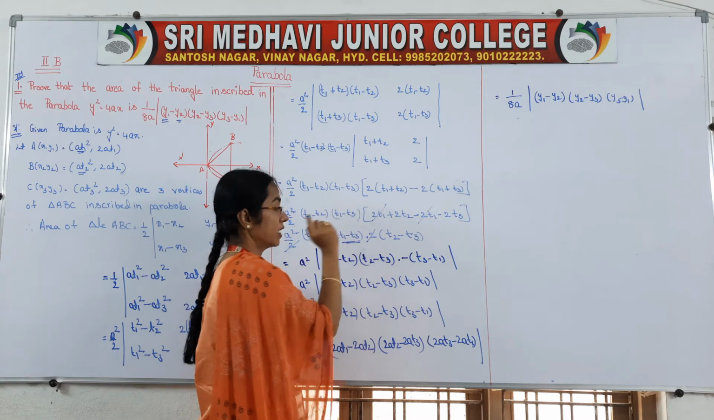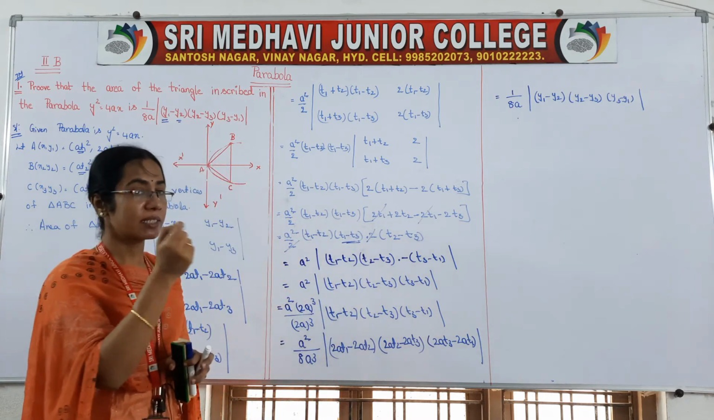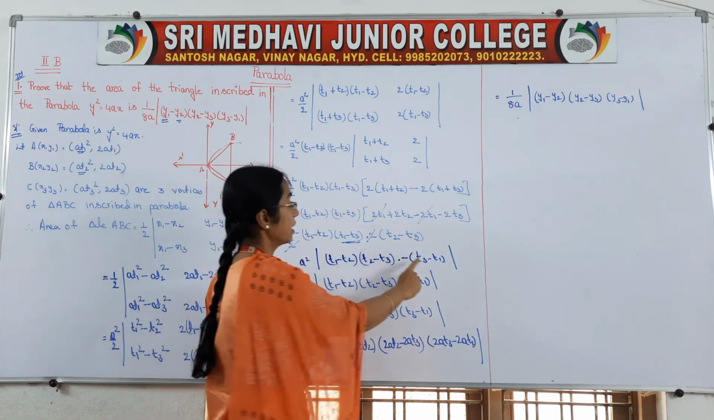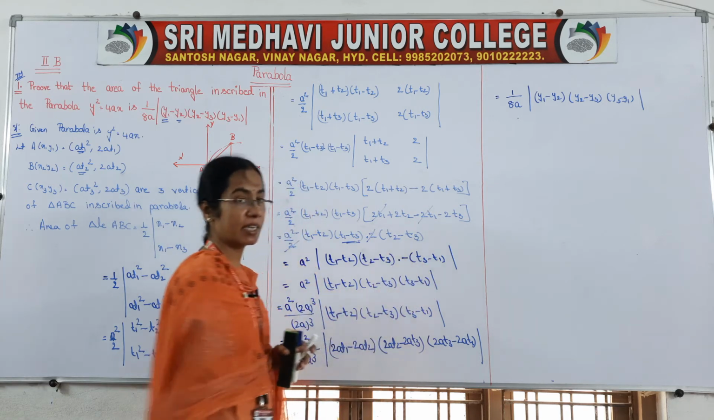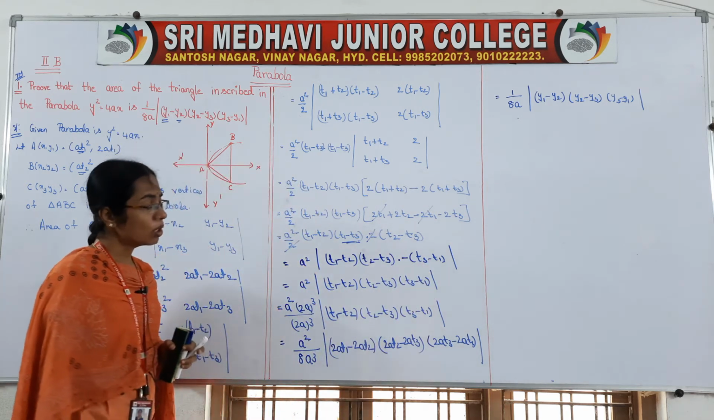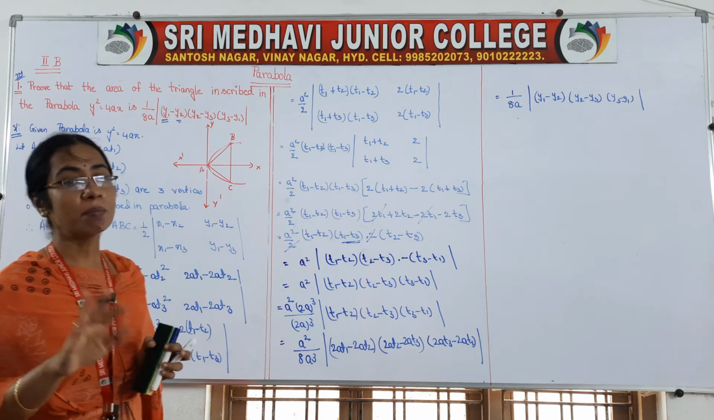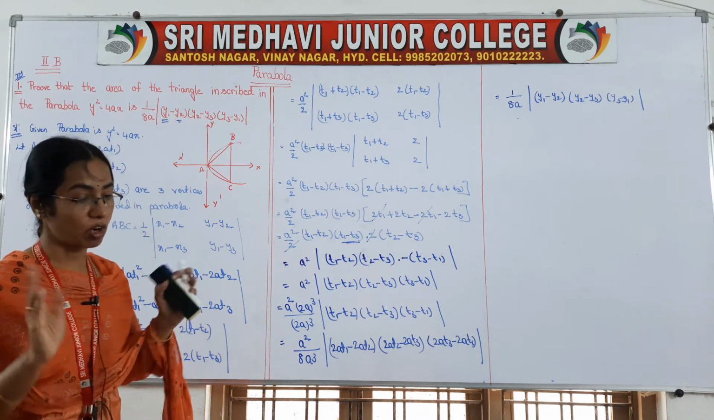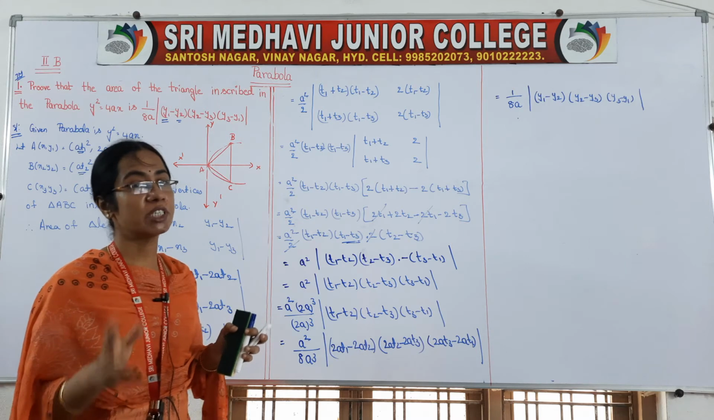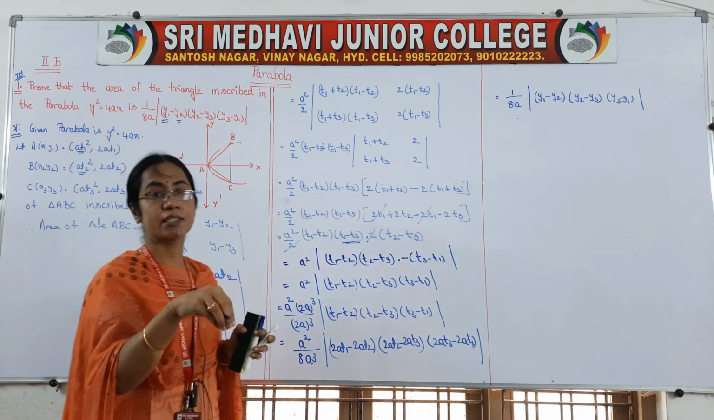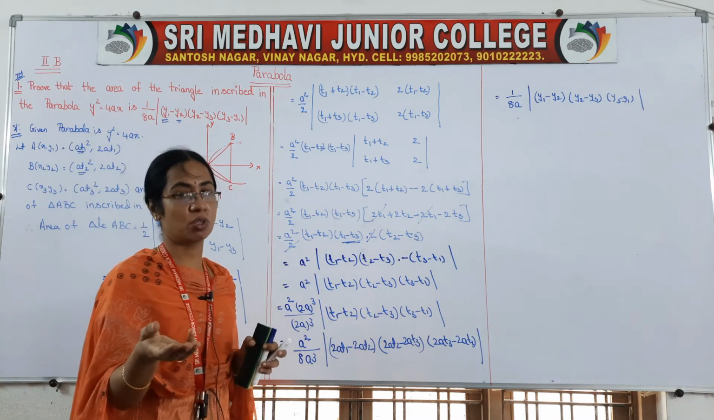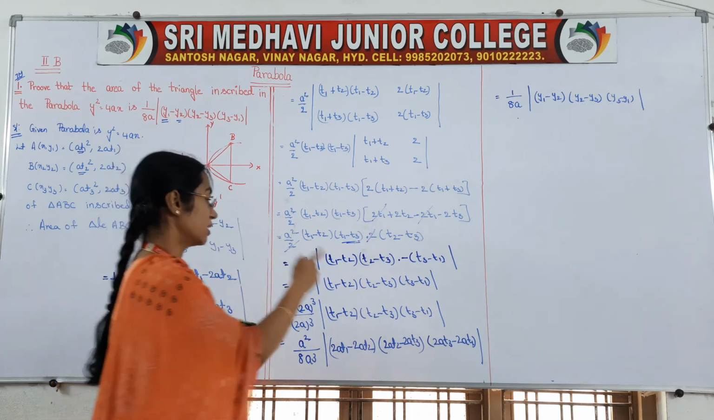So the minus can be taken outside, then it is t3 minus t1. Inside the modulus, if a negative sign is there, it will become positive. Already I said to you, modulus is a positive function. If we keep anything inside that, it becomes positive, right? So this is the